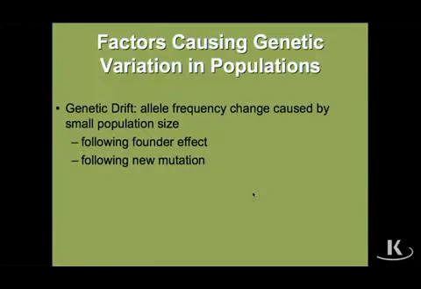Another complication in population genetics is genetic drift, allele frequency changes caused by a small population size. Genetic drift is commonly applied to, for example, populations on some small isolated island, or sometimes in relatively isolated populations such as the Amish, for example, that tend to intermarry within their own relatively small group. Genetic drift basically